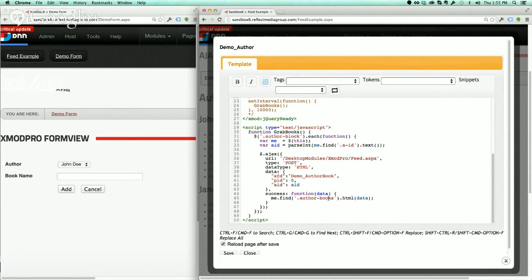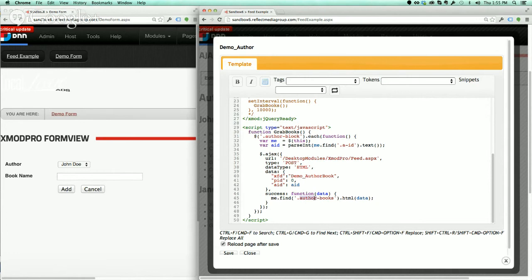So just imagine for a second, you can query a feed, you can trigger a feed behind the scenes and use all kinds of XMod Pro tools, XMod select, case, all the if-else stuff, anything you want, assign classes to different elements, and you can do advanced stuff and filter through that and do all kinds of really neat things. But for this, we're just going to go to Me, and we're going to find the author